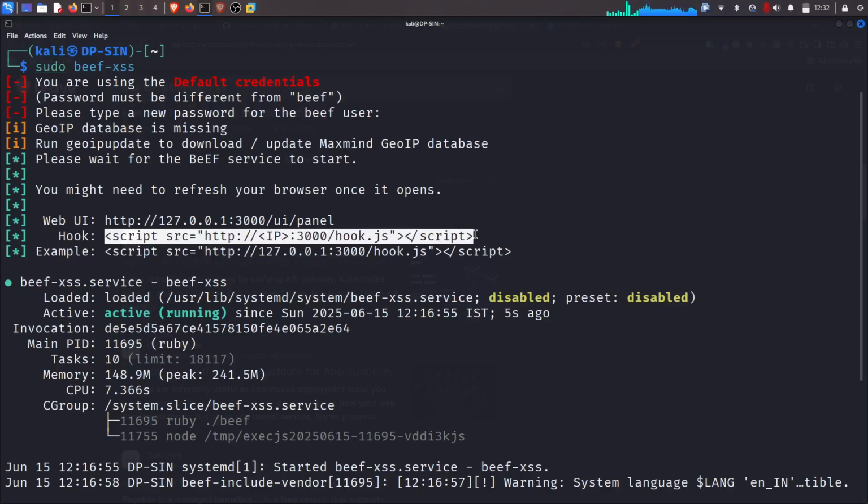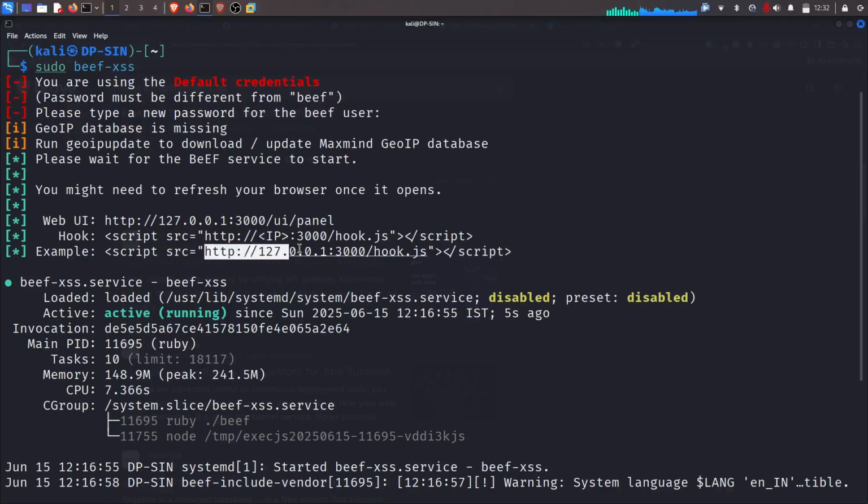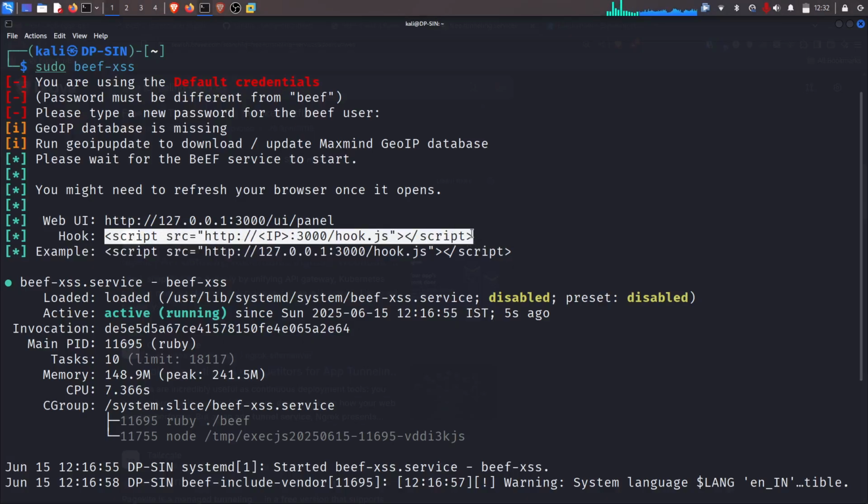There's a script. So what you're going to do is you'll just have to simply mention the IP which you got from ngrok. Here you just have to, it's not editable. Look, look here, this is an example. This is a script, like a JavaScript module, so you can't do that. But what you can do is something like, for example, if I copy this